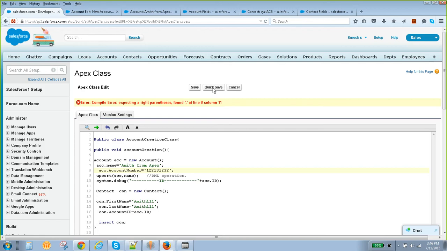Now it will create a new account, right? No, it will update the existing one. Okay, you're saying based on name. Correct. Okay. So why is it showing, again, it is asking.